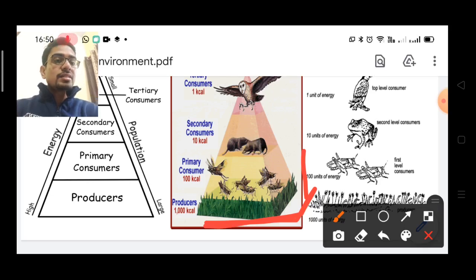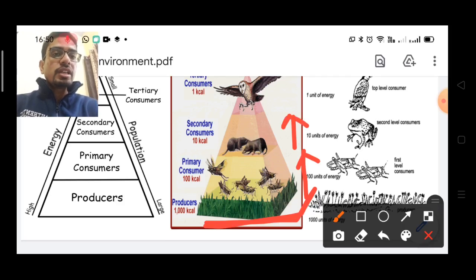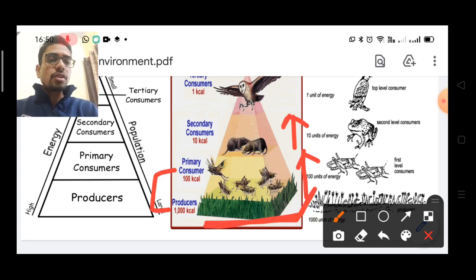Then these harmful chemicals get transferred to the primary consumers. Okay, and then at the next level these chemicals get more accumulated. They get chemicals from both producers and primary consumers, so they get accumulated at each trophic level. And this is called biological magnification, which is accumulation of harmful chemicals from one trophic level